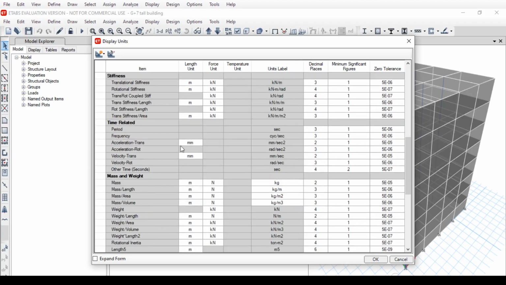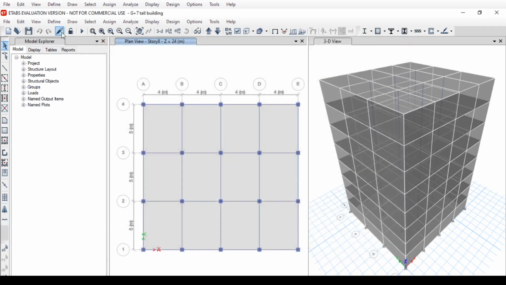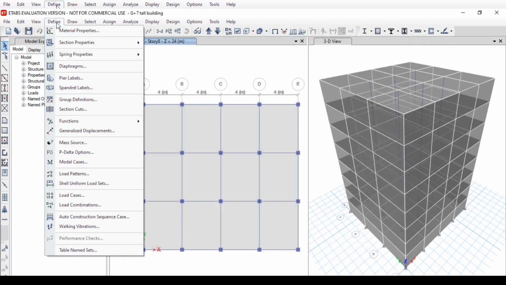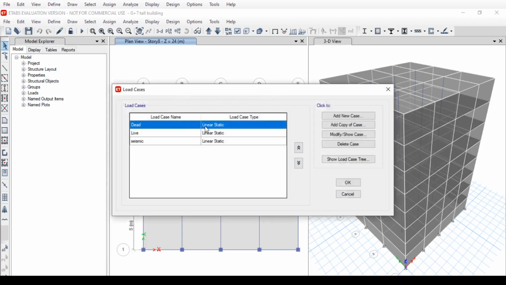Here the acceleration unit is in mm per second square. So go to the Define menu again, select Load Cases, click on Add New Case,